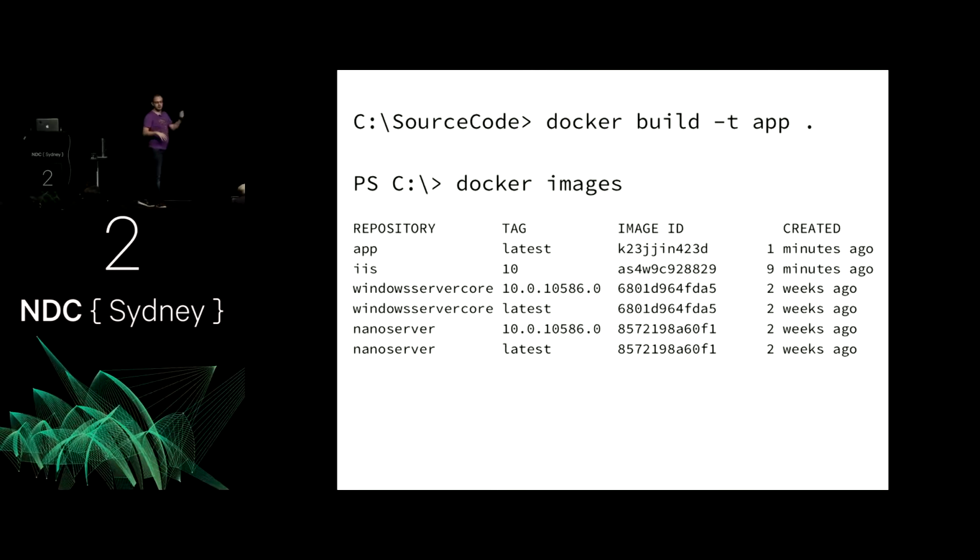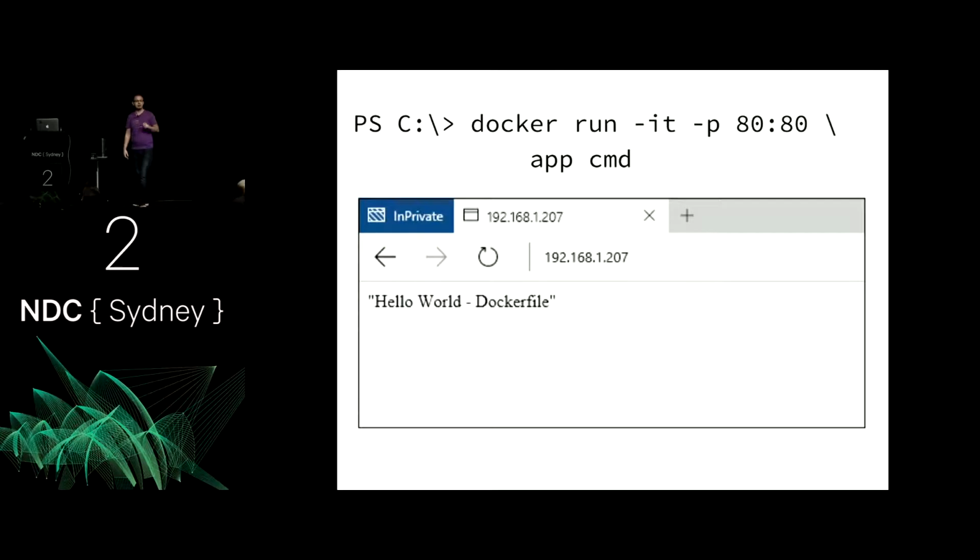We build that, and so we now have our IIS base image. We have the customizations which we added for our own application, in this case, creating the index.html. And then we can run that newly created container, again opening up the port, and then it's accessible from our web browser, which we'd expect. And we've deployed an IIS application running on Windows containers